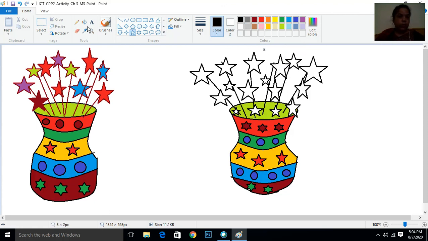Now I want to fill the color, so for this I will click on fill with color tool. Now I will choose the color from here. Now I will fill the color. You can see randomly you can fill the color. I am choosing different color here. I am filling different color here, so that my pot must look good. If sometime anything went wrong, that time just press the Control Z.